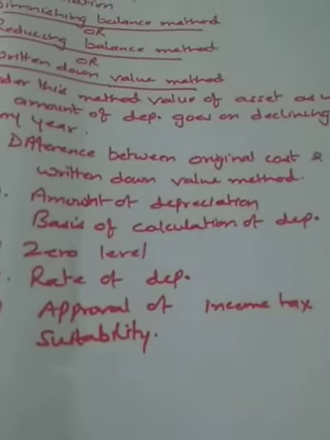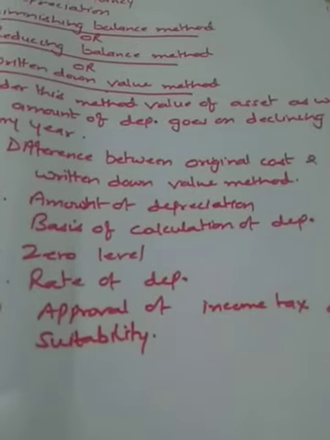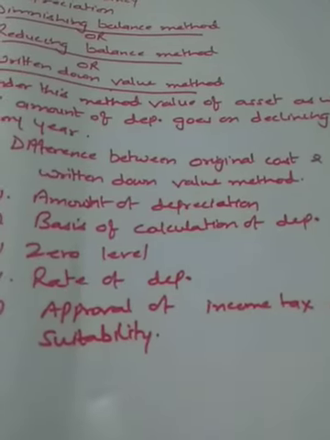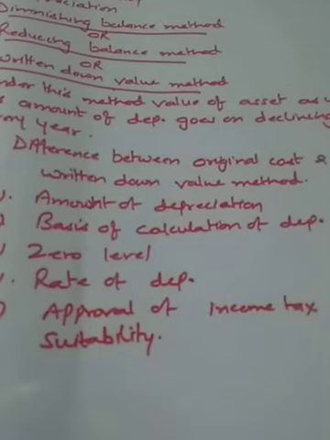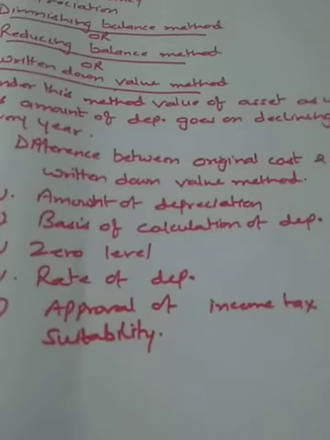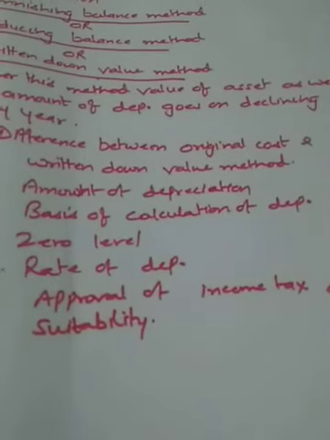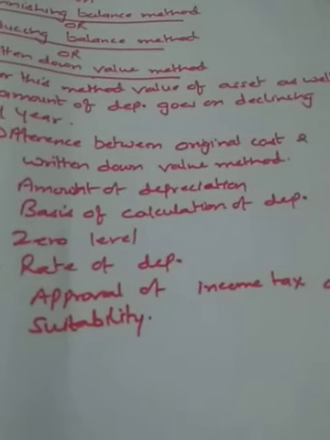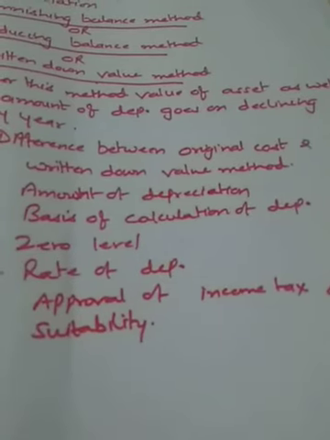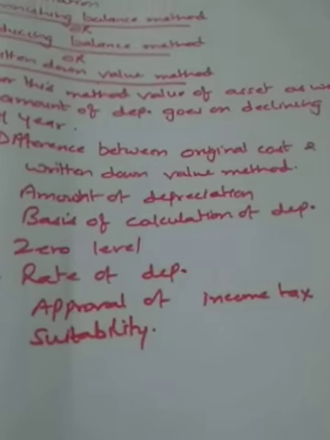So book value is the written down value of the asset. In other words, it is that part of the original cost of the asset which has not been depreciated so far. So book value is equal to original cost minus total depreciation till that date. That is book value. Right? So main merits of this type of method of charging depreciation are easy calculation, equal charges against income, no undue pressure in later years, and balance of asset is never written off to zero.